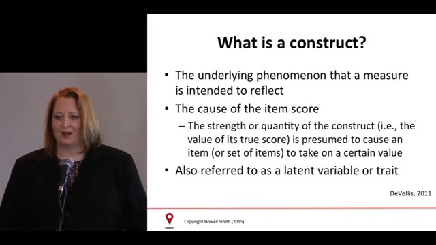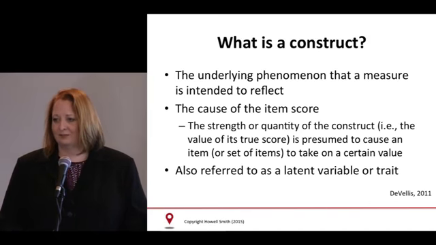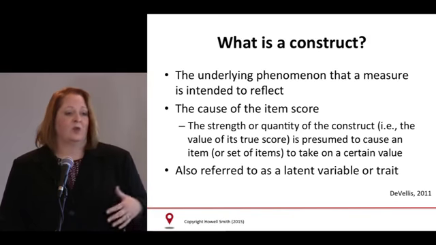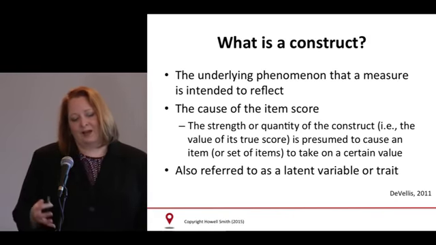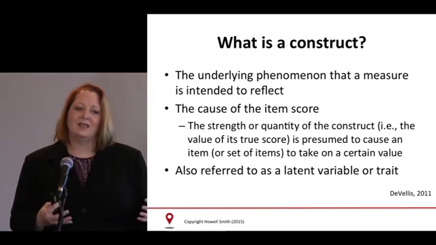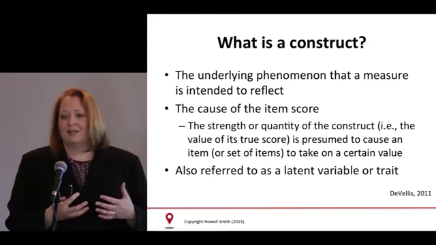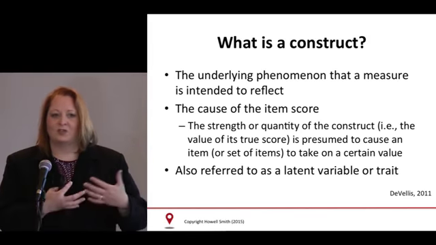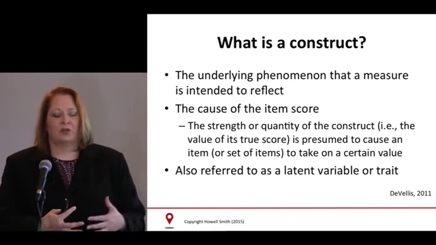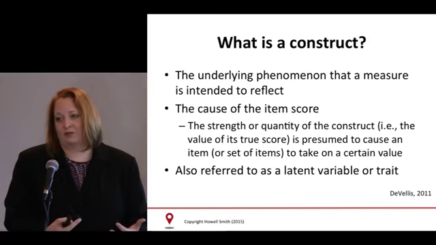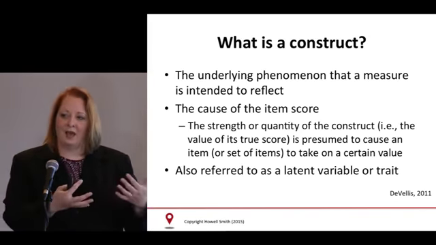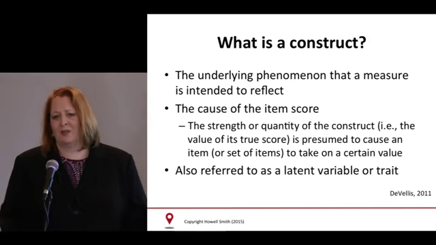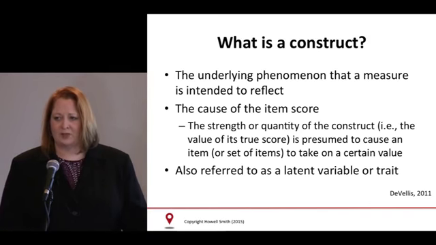So a construct is simply those things we want to measure. Some people might call it a latent variable or a latent trait or a domain of interest. There's lots of different words out there for it, but the idea is that a construct is something that's inherent inside of a person, and it's what's causing the score that you're seeing. So if I have more depression, for example, my score ought to be higher on the depression inventory because I have more depression, not because of some other unrelated things. So does that make sense?